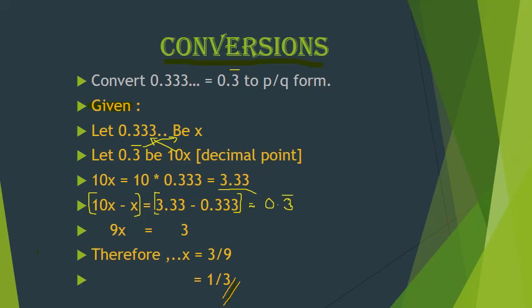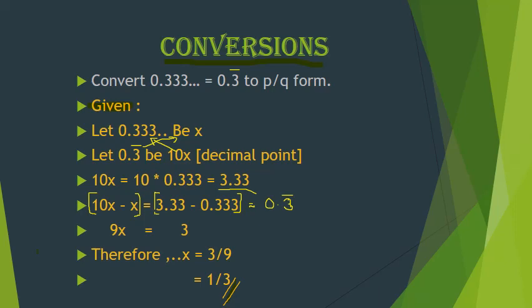So this decimal, that is 3.33, equals 10x. Now I have a pair of algebraic expressions and a pair of decimal, or we can also call it numerical, expressions. If I group them together, I get 10x minus x equals 3.333 minus 0.33. Now if I simplify these two groups, I get 10x minus x as 9x, equals 3.33